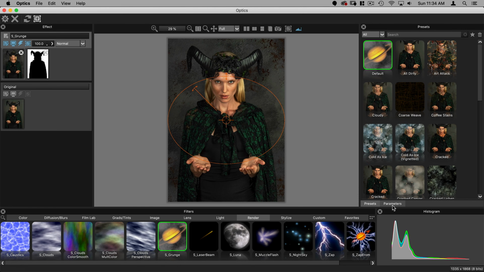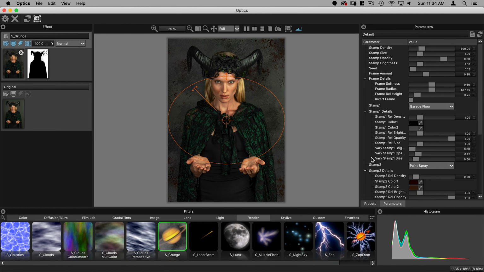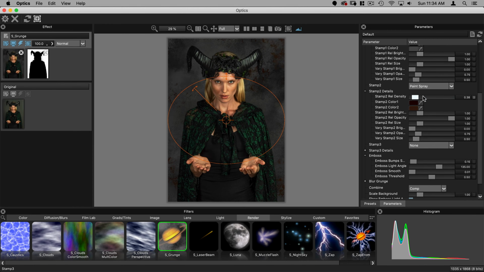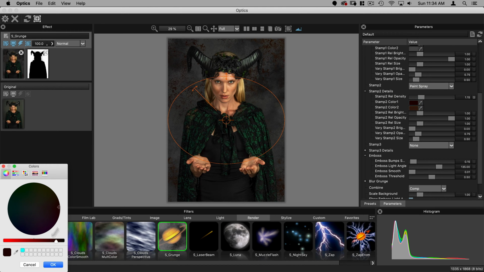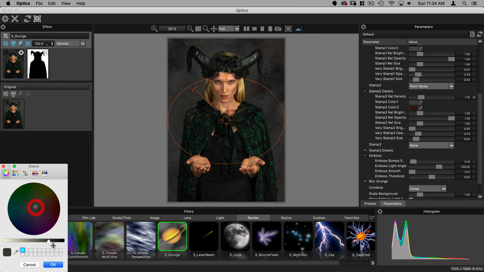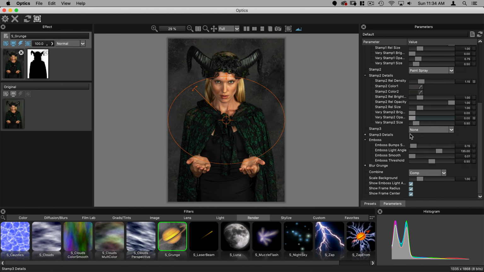All right, so in this case, I'll just adjust this how I want, and it's got a lot of parameters here, so you'll have to play around with those. You know, this is a stamp density. This is the second stamp, which seems to be that kind of splotty color. I might change this to be a little more neutral. And same here. And basically I can go through all these, and then at the end what I could do is switch this